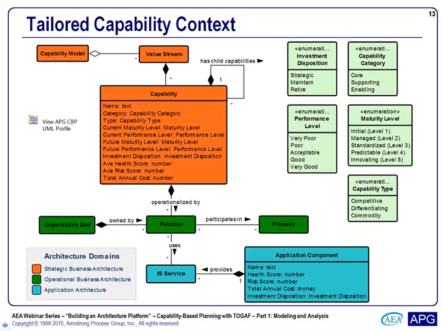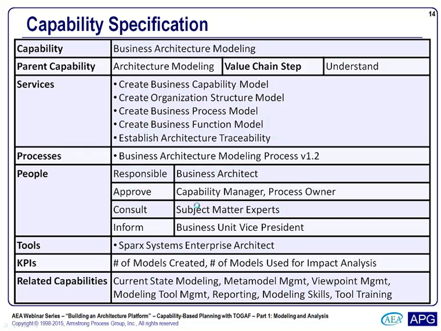Now, when we actually dive into showing some examples, we're going to use a much simpler approach, just to keep it as uncomplicated as possible. We're actually going to roll applications up directly to capabilities, bypassing the idea of the connections through the business architecture and IS services. So just to give you a little bit more idea what capabilities are, here's a capability